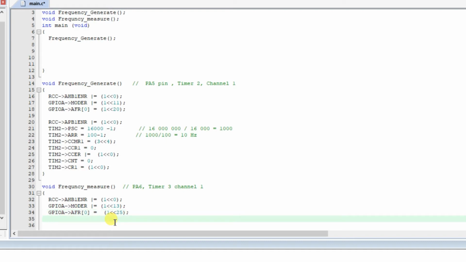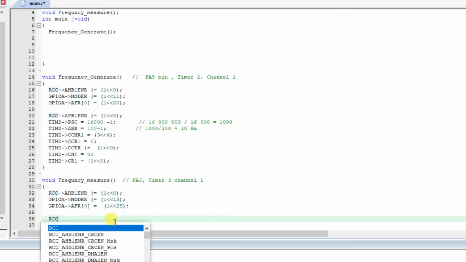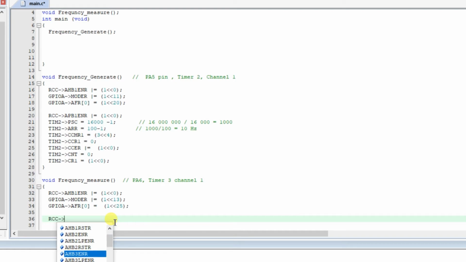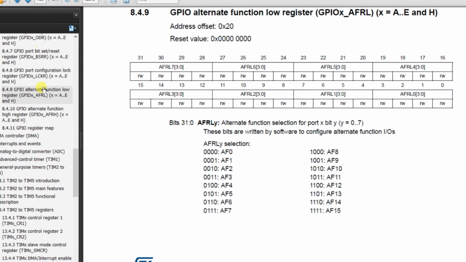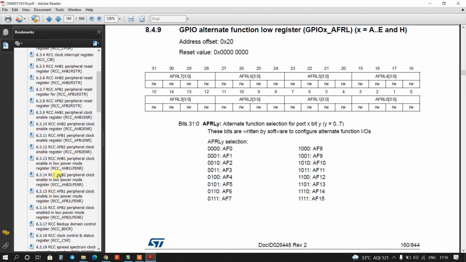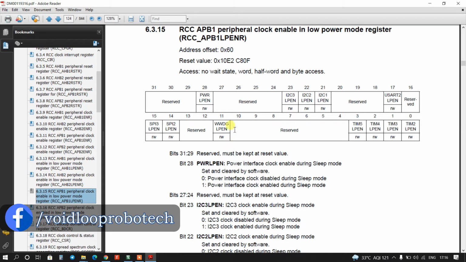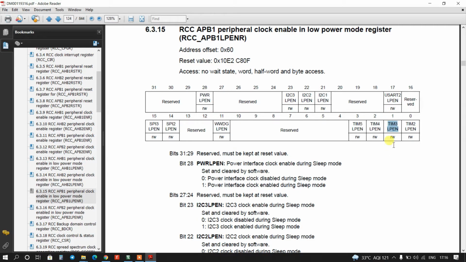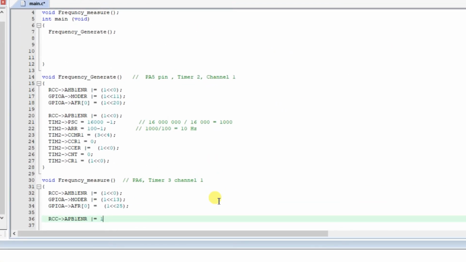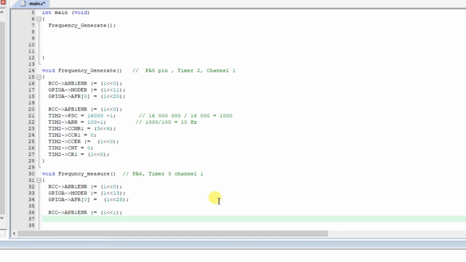Now we have to enable the clock source for Timer 3. RCC, and Timer 3 is connected to the APB1 ENR register. So APB1 ENR, we will go there. Okay, so for Timer 3 we have to set the first bit. So here it is 1 left shifted by 1, right? Now again we will set the prescaler for input.